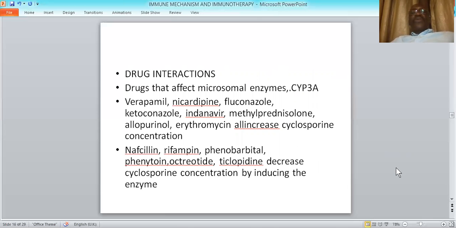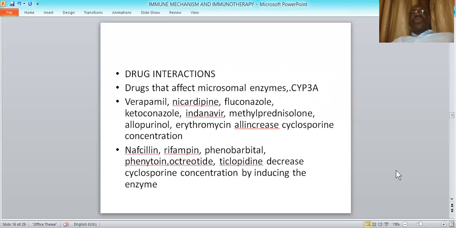It interacts with quite a number of other drugs because the microsomal enzymes in the liver that metabolize cyclosporine also metabolize these other drugs, especially the CYP3A microsomal enzymes. So verapamil, nicardipine, fluconazole, ketoconazole, indinavir, methylprednisolone, allopurinol, erythromycin,